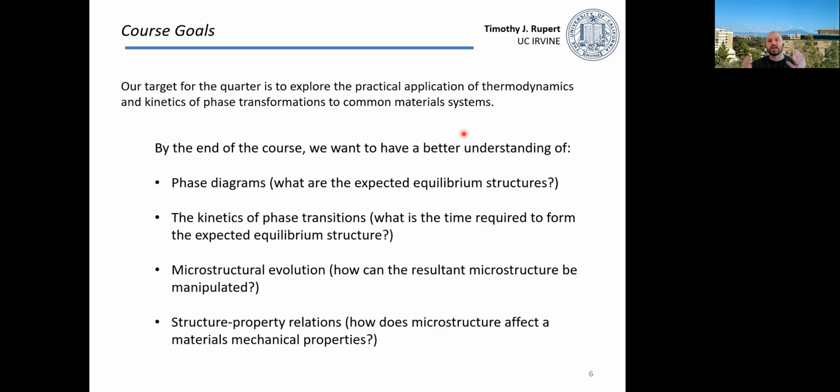We also want to have a better understanding of the kinetics of phase transitions. In other words, what's the time required to form that expected equilibrium structure that the phase diagram tells us? We also want to understand microstructural evolution. So how can that resultant microstructure be manipulated and changed by either changing our processing route or heat treating our material or something